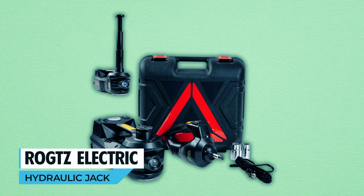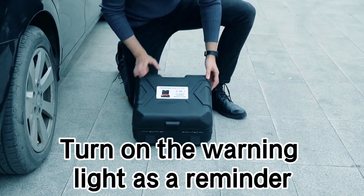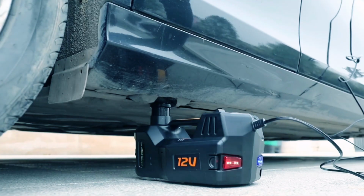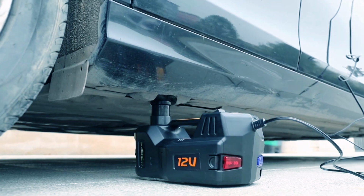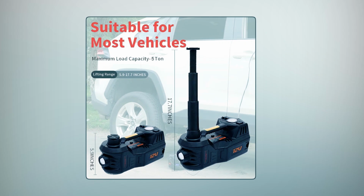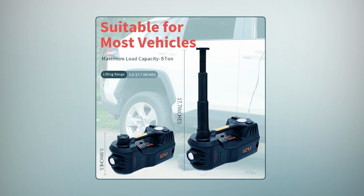Rogtz Electric Hydraulic Jack. Experience ultimate convenience with the Rogtz Electric Hydraulic Jack. It's a 4-in-1 solution that includes an electric car jack, air pump, warning light, and major LED light. In just 2 minutes, it can lift a vehicle under 5 tons to a max height of 17.7 inches, and